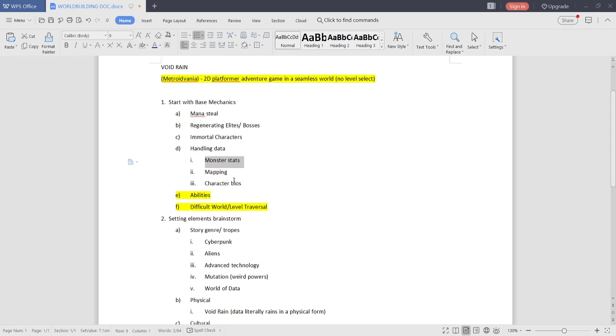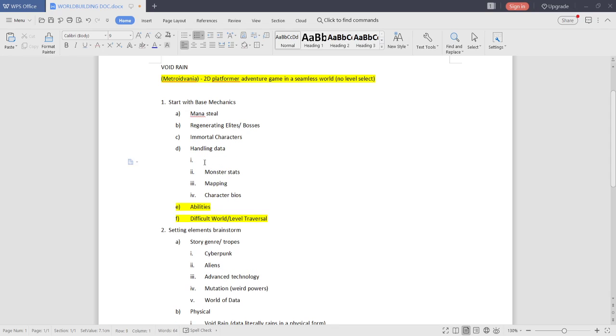Figuring out all the stats or mapping or character bios themselves, and then how they distribute or play with that data, because they could share this data with other characters. Now, not through dialogue, because like I said, I didn't want to make this super complicated, but just through inventory instead. So that's another concept in handling data that I wanted to do.